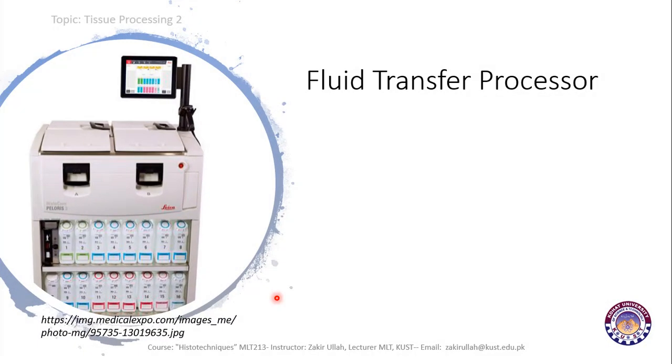This is the next type of tissue processor, and this is a fluid transfer processor. In this machine, the tissue is fixed but the fluid changes, while in the previous one the fluid was fixed and the tissue was changed and transferred from one jar to another jar. This is a completely closed system